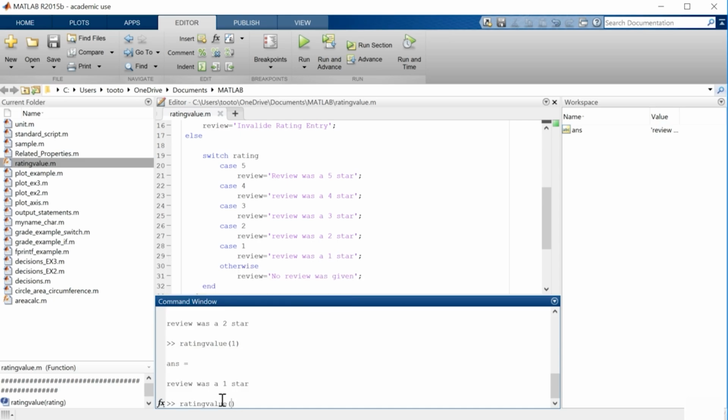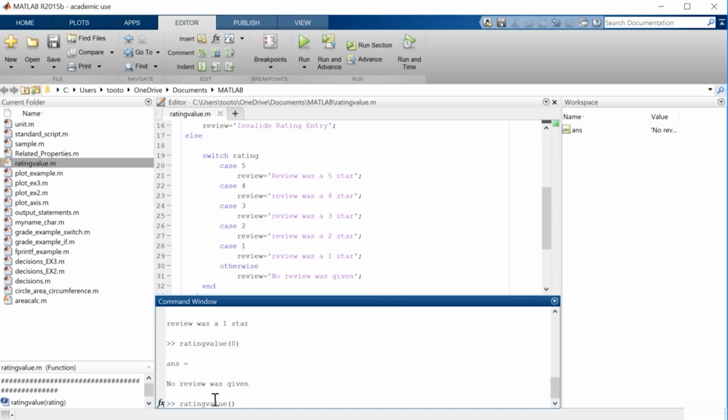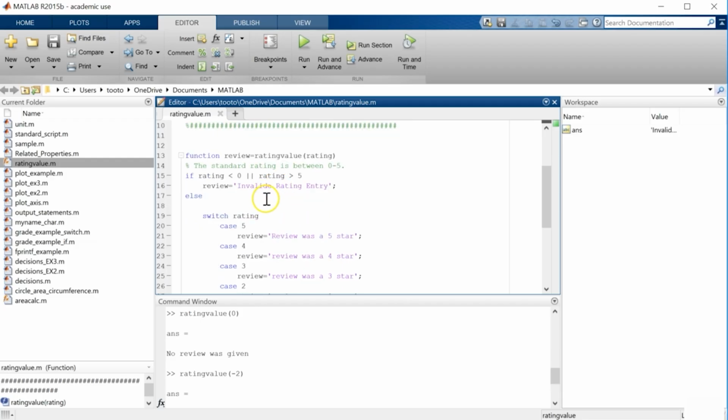and rating value of. Now let's consider the 0 case, which was not in here, and no review was given. And finally, let's consider the invalid cases, something like -2 or above 5, 6. So invalid rating entry. Very simple, we could write a program that could find the original rating of a movie